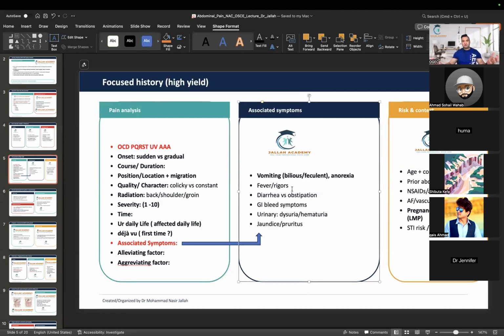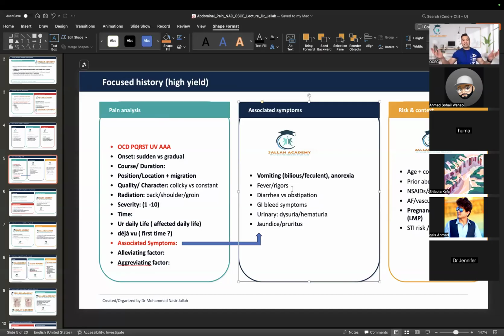Does it have fever? Because let's say it is biliary colic. You have pain, but usually you don't have fever. So it really helps you to know whether it is biliary colic, if it is on the right upper quadrant, or it is acute cholecystitis, right? Do you have nausea, vomiting? No, I just have nausea, right? Okay. Do you have fever? No, I don't. So if the patient doesn't have it, it just helps you to lean toward biliary colic rather than acute cholecystitis. GI bleeding, urinary symptoms, and so on and so forth.